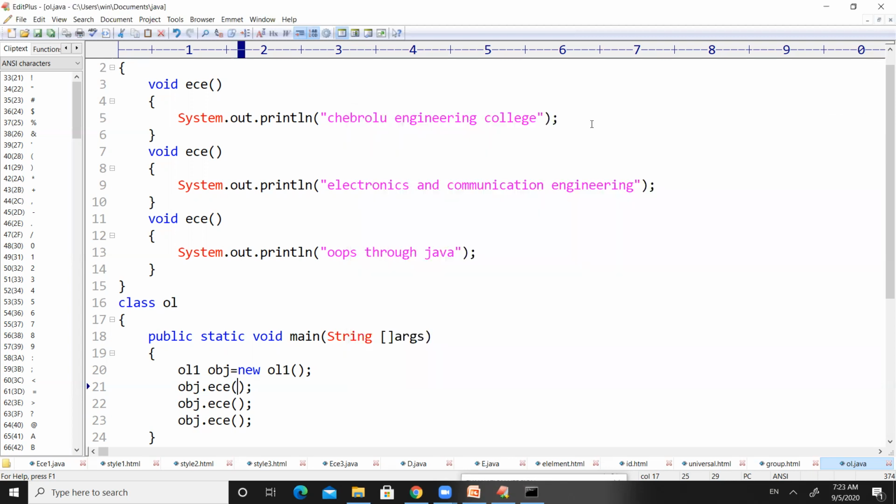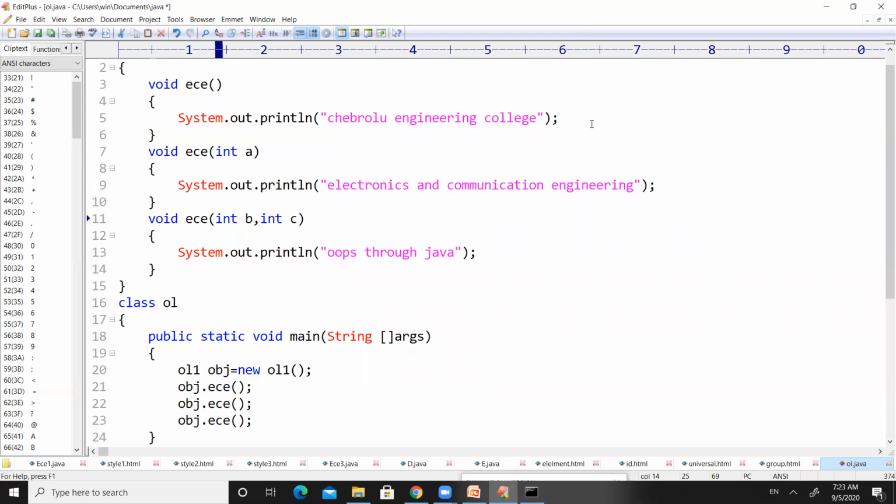So in order to overcome the ambiguity, we can have something like this: int A, then int B, comma int C. Here the method overloading works perfectly, because the first method has 0 parameters, the second method has 1 parameter, and the third method has 2 parameters.